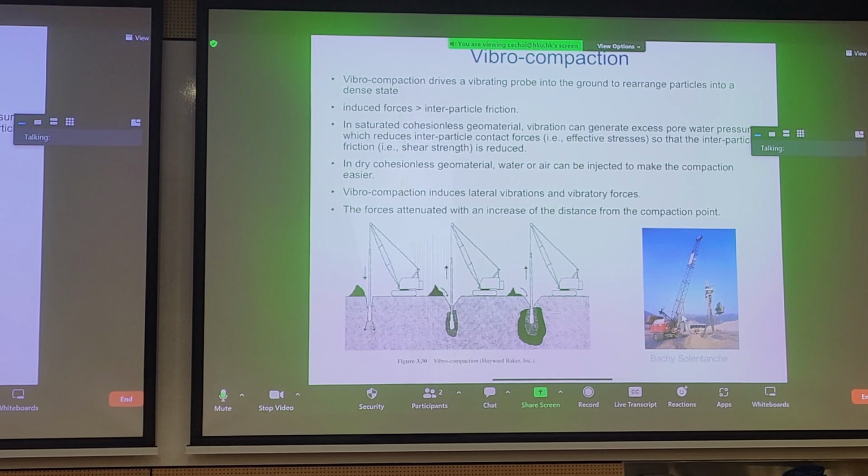Now, in saturated geomaterial, vibration will also generate excess pore pressures. And excess pore pressure serves to push grain contacts apart, right? So that's another mechanism at play here. In dry gravel or dry coarse sand, to ease the process of disrupting these frictional contacts, we understand the principle of effective stress, and reducing effective stress can be done by increasing pore pressures. Now, pore pressure doesn't have to be water, it can be air as well. You can have air injection, water injection to disrupt granular contacts,